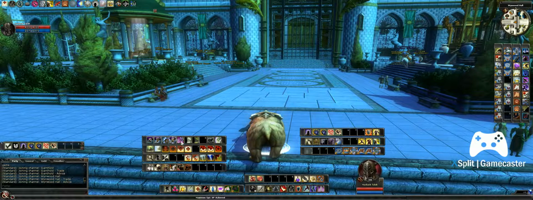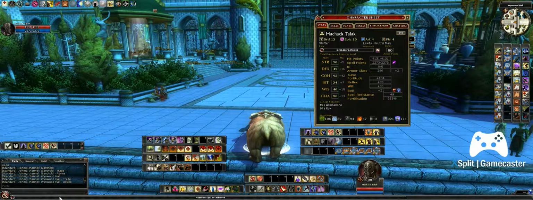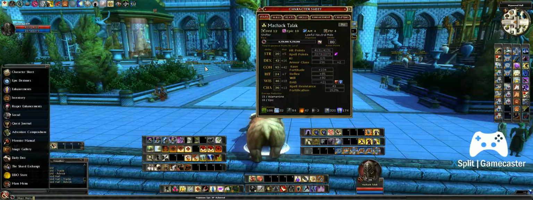Hello everybody. I'm just gonna do a quick rundown on this bear tank that I made. This is a Druid tank, but it's a Bix. I did a Druid 12, Artie 4, and Fighter 4 Druid tanker build. I wanted to see what would happen with the Artificer